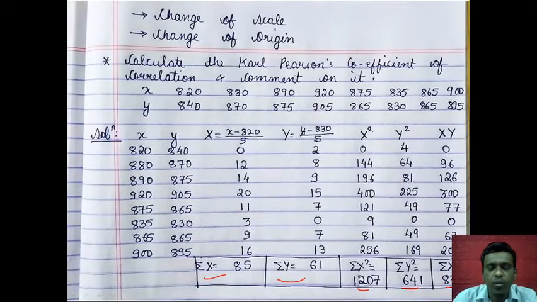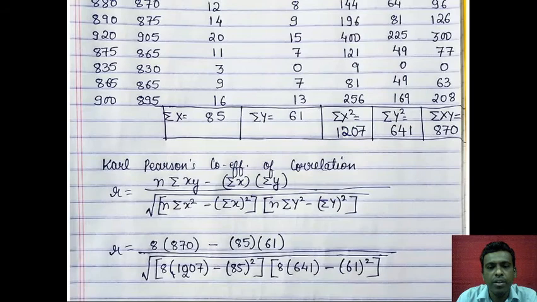You have to use the formula of correlation, and the formula I have written down, same formula: n into summation xy minus summation x into summation y divided by square root of n into summation x square minus summation x the whole square multiplied by n into summation y square minus summation y the whole square. Here one thing I have by mistake written down, use capital X because you have taken capital X, right? So capital X into capital Y. All these capital, see capital X you are gonna use here, not small x.